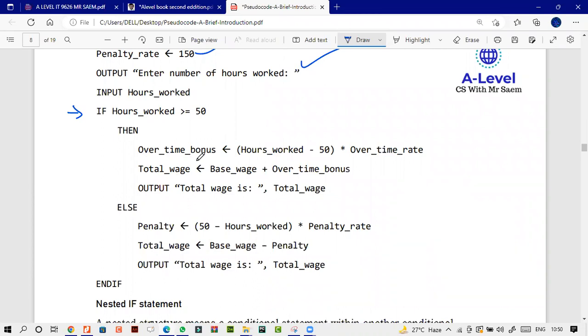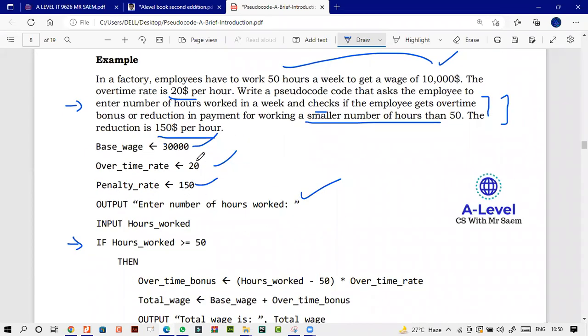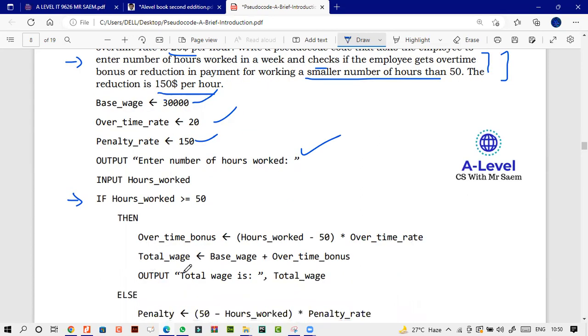So overtime bonus will be hours worked, okay, minus 50 multiplied by overtime rate. Overtime rate हमें पता है क्या है, so ये हमारा 50 है. Overtime work 50 multiplied by overtime rate. So total wage will be the base wage plus, or obviously base wage में हम ये add करेंगे और output